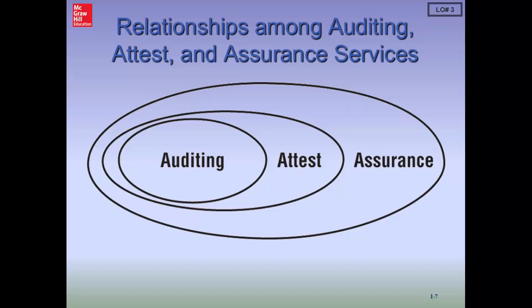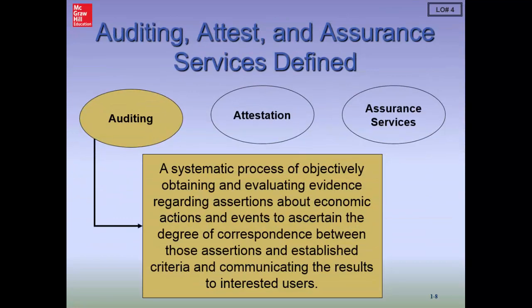The one point that I do want to make is that during most of this course, we are talking about auditing from a financial statement audit perspective. Keep in mind that there is also another audit that we talk about. This audit is the audit of internal controls over financial reporting. We'll talk about that in chapters 7 and 8, but one of the things that we do need to understand is that in most of our discussion, when we talk about audit, we're talking about auditing from the perspective of auditing the financial statements.